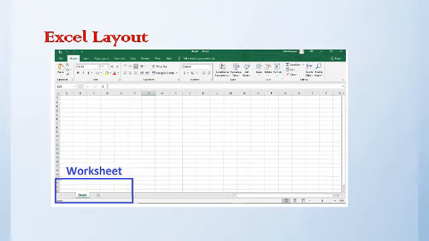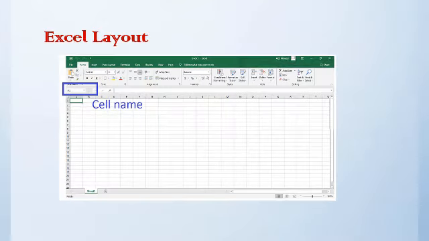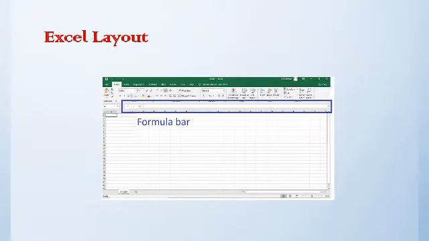In the top left corner of your Excel file, you will see here the cell name. In this case, the cursor is in cell A1, and we see the cell named A1. And to the right of that, this is the formula bar. The formula bar is where we can build our own formulas beginning with an equal sign, or we can use predefined functions that are created by Excel by clicking on the little fx icon on the left side of the formula bar. You can view a list of functions that already exist, or search for ones that you want to incorporate into a formula.